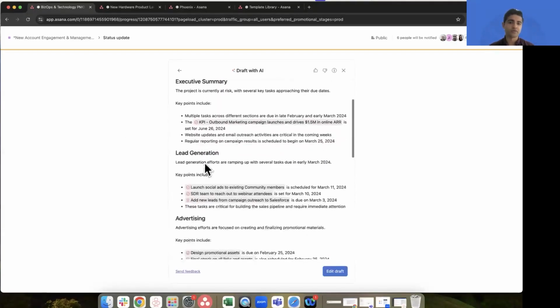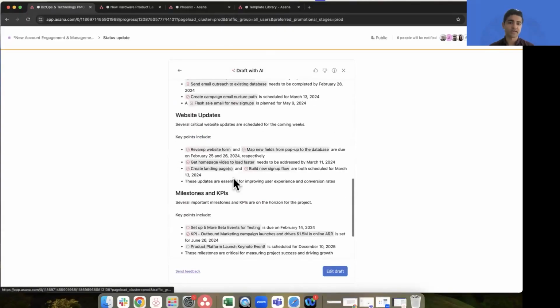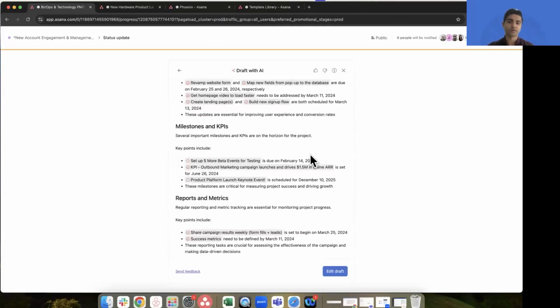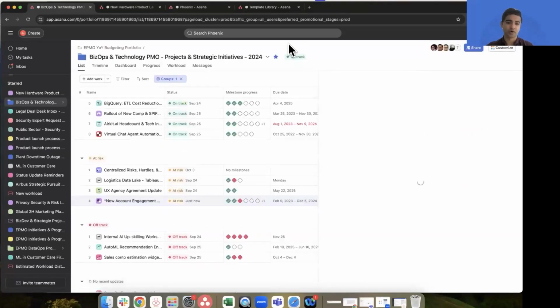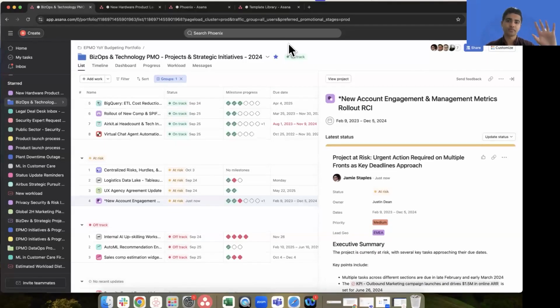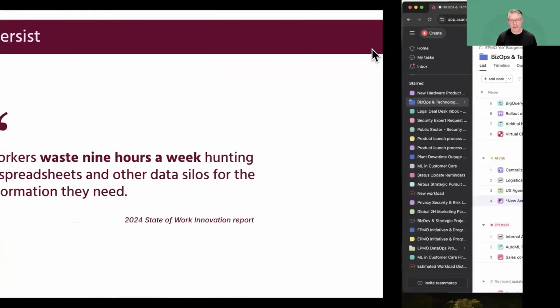Right on time, 2 to 3 minutes. This is the AI status update that I created. I can edit this, post that update, and we're good to go. And you can run dozens of these status updates all side by side and then hit send on all of them. It'll remember who got the status update last time. Let's give the same people that status update this time, plus maybe a few more that you might want to add. Awesome. I love that.